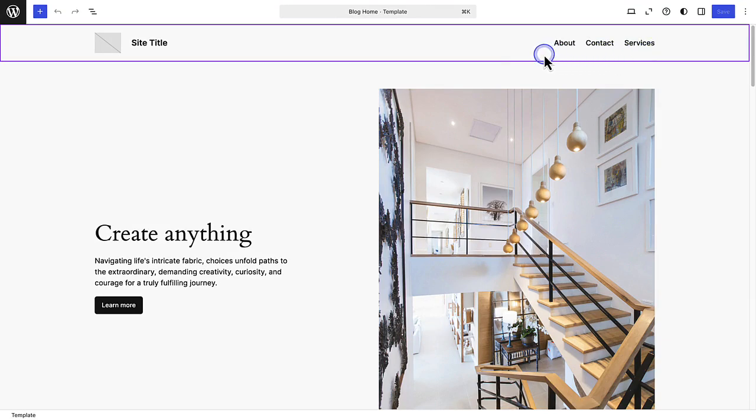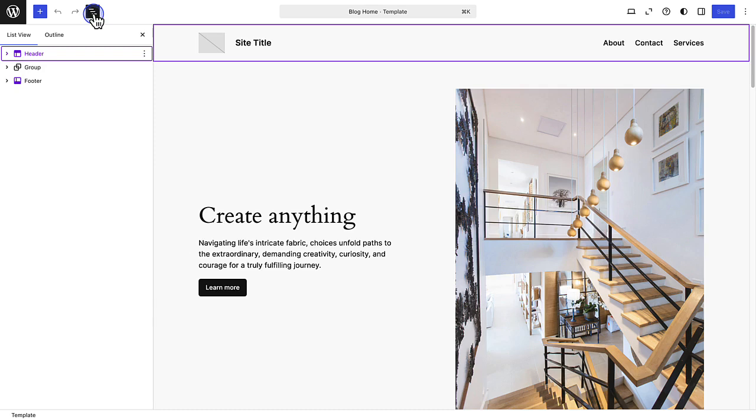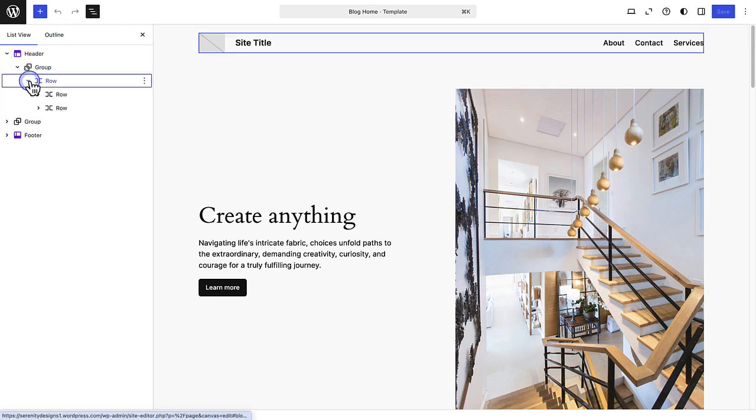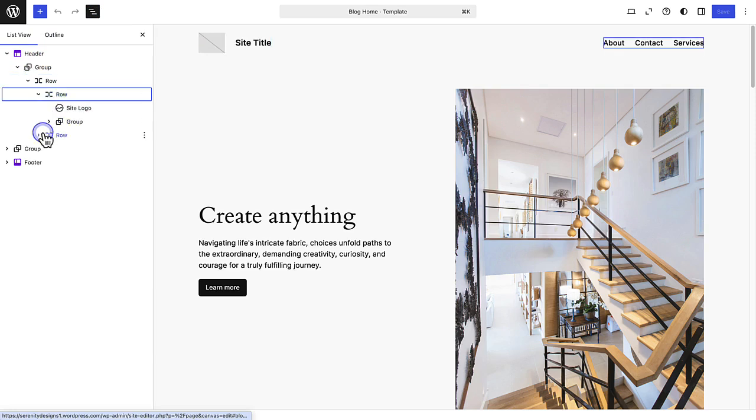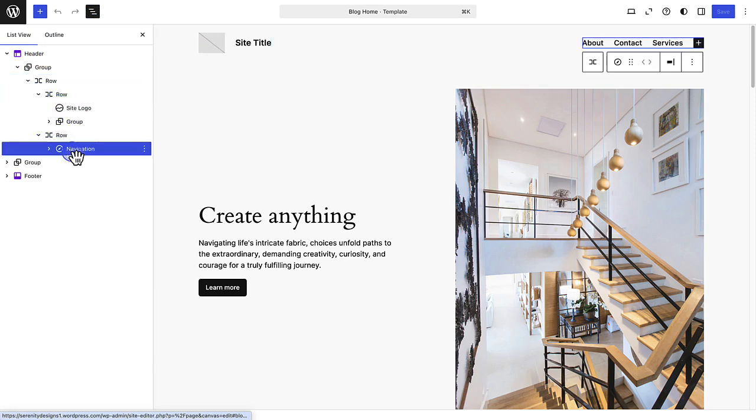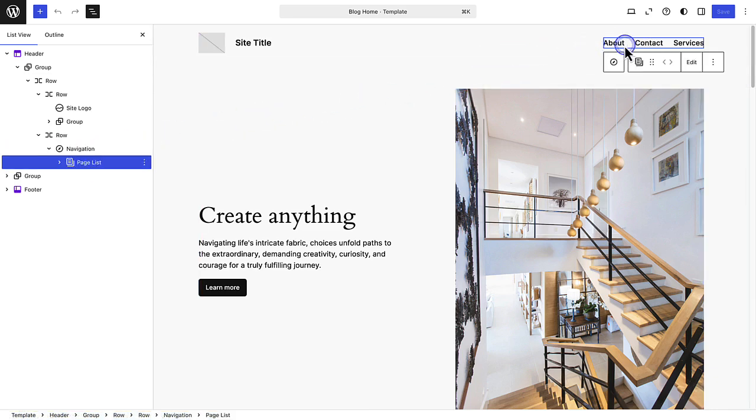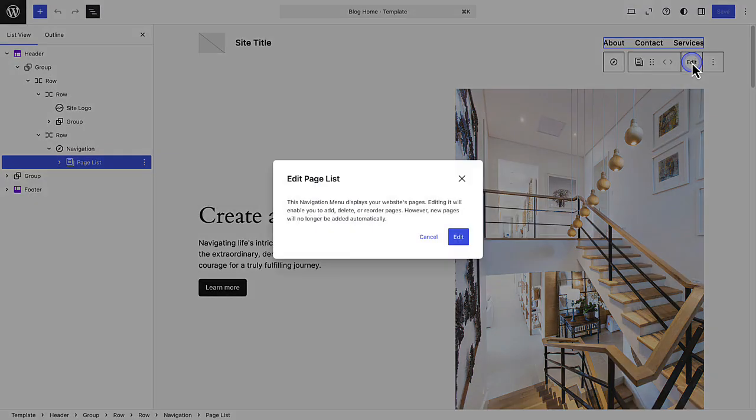To edit our navigation menu, open the list view in the upper left corner and then find your navigation block, which may be nested inside a group of blocks or the header block, as seen in this example. When you click on the pages of your site, you will notice they've been added to a page list and cannot be maneuvered individually. So to edit your page list, click on the Edit button in your block toolbar, and